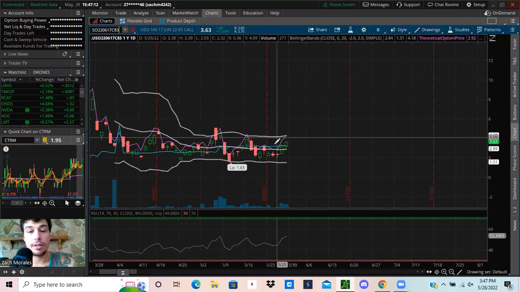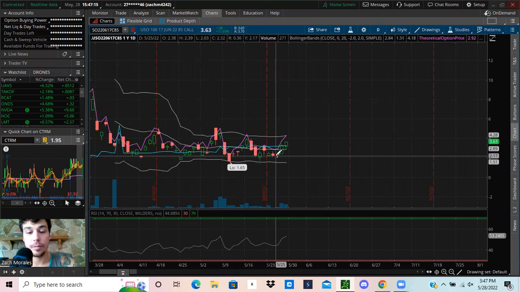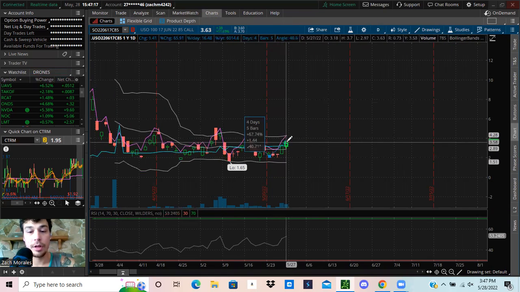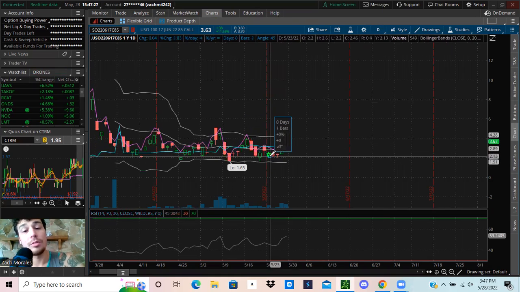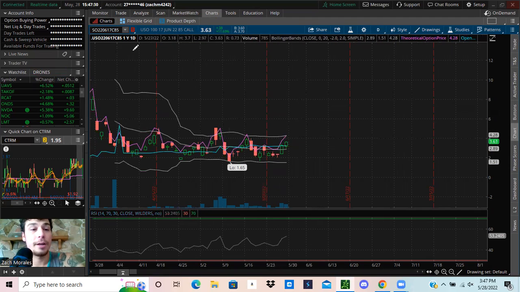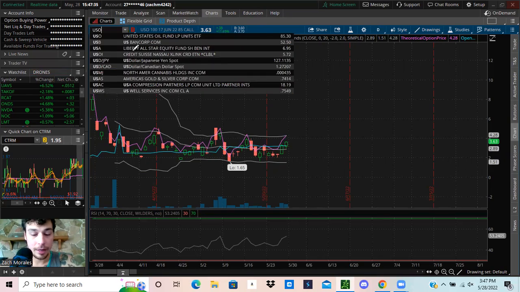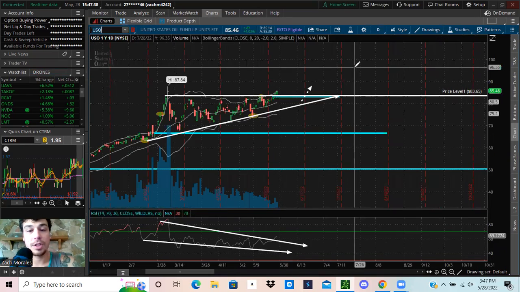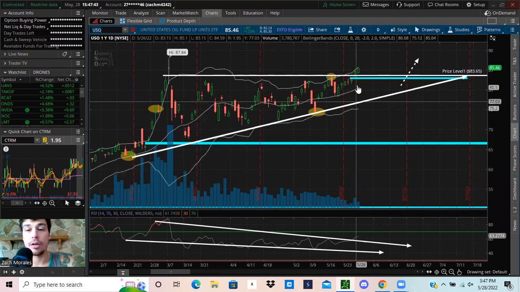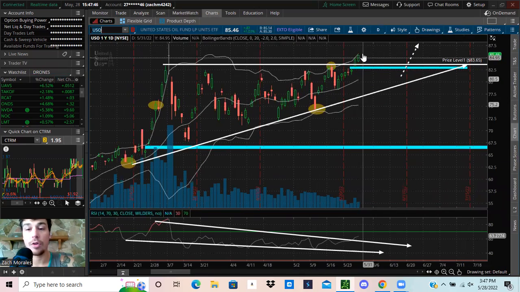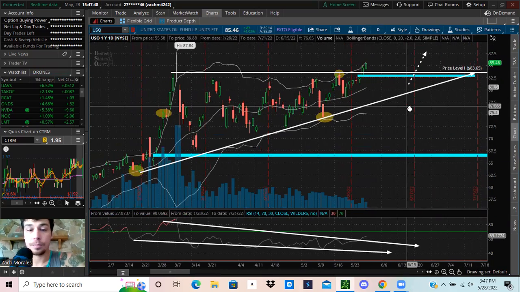So we'll look at May 23rd, and we can see the 85 strike call contracts for June 17th expiration have gone up over 70%. Some really big moves and profits there, and we've just started the breakout. So we'll go back to USO and look at it now. We're going to want to see confirmation of the breakout. There's a potential that this could be a false breakout and we come back down,